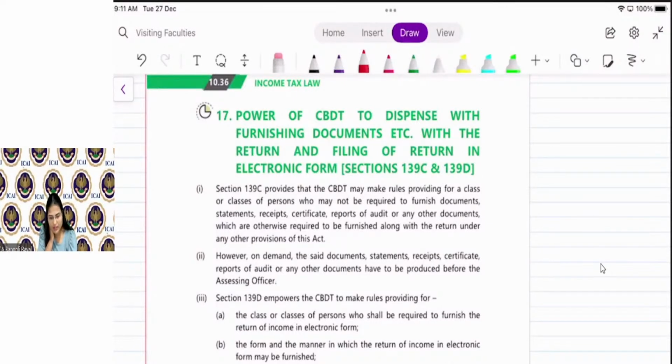Chartered accountant can file, an advocate can file, assessee himself or herself can file the return. In case of audit, it is advisable to file a return